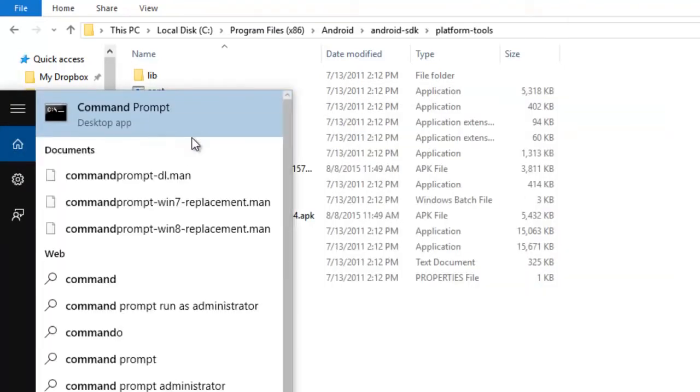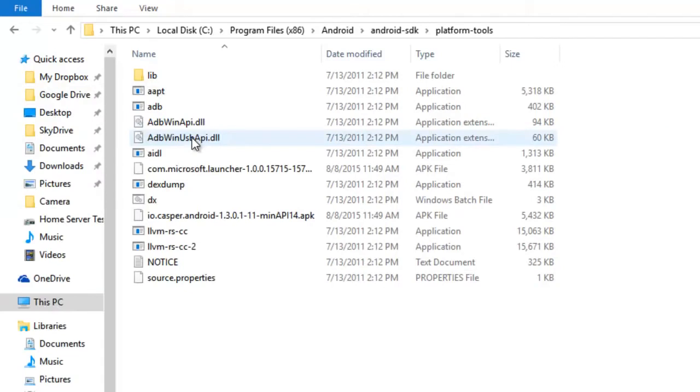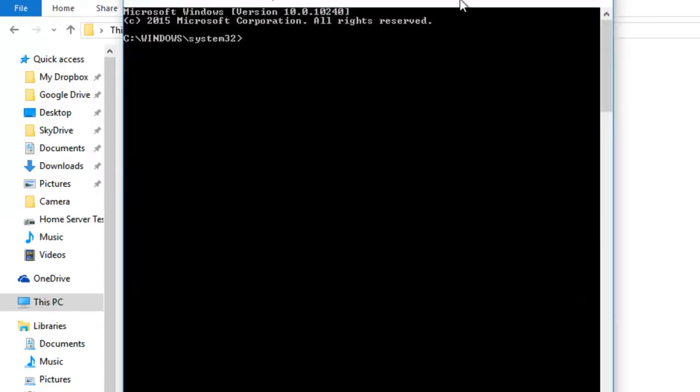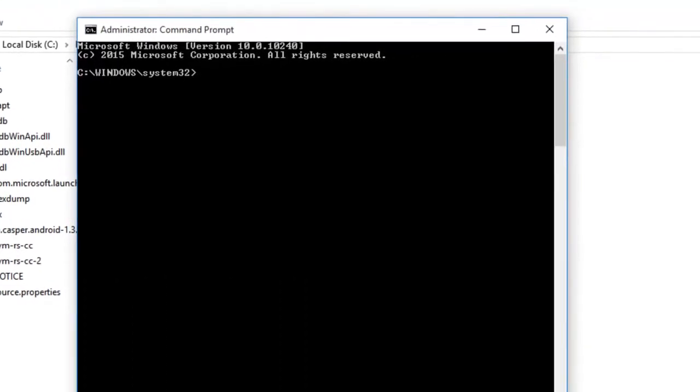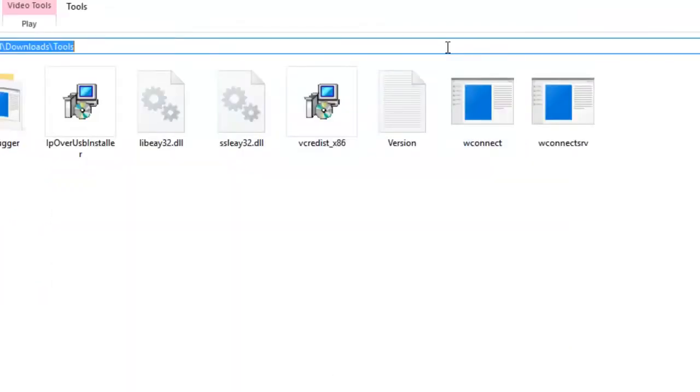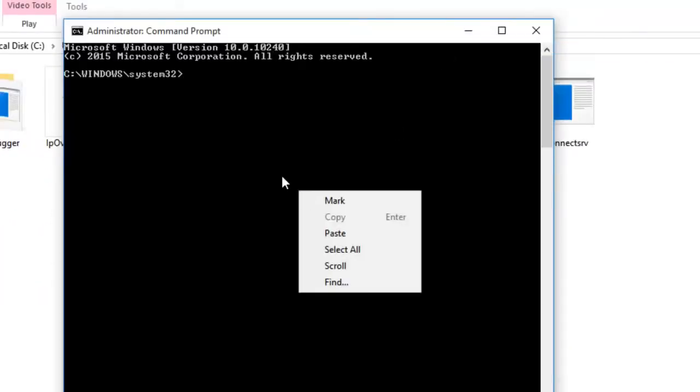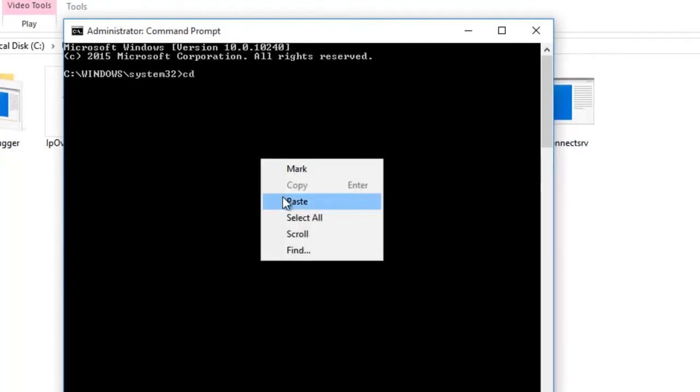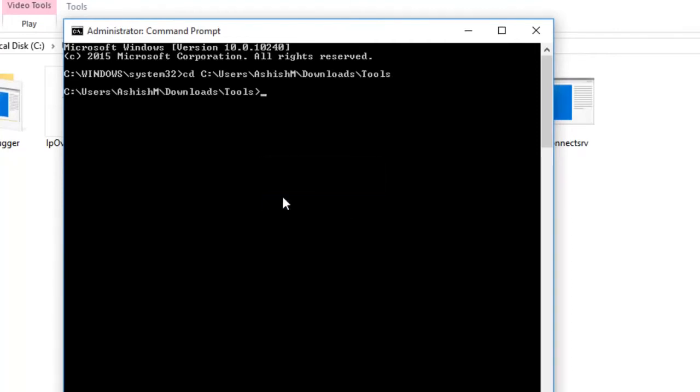Next, launch command prompt, but run it as administrator. You might need some privilege, probably. I'm just making it on the safer side. So now done that, we'll first go to the tools folder which you have downloaded. So cd, copy paste, go there and run